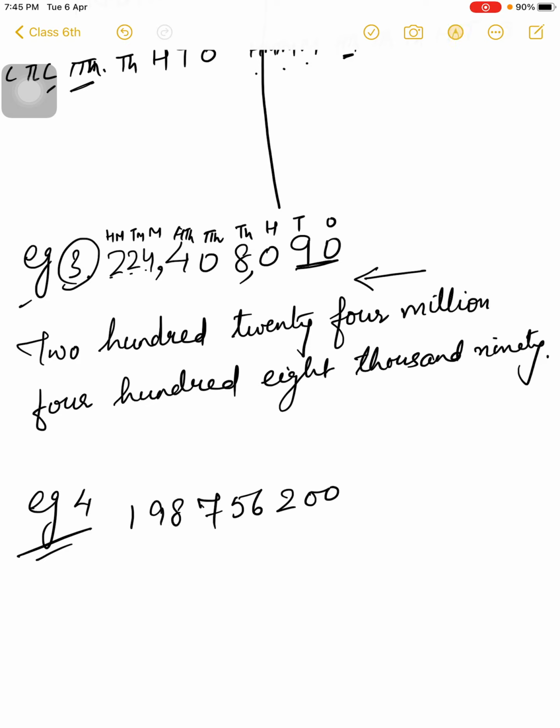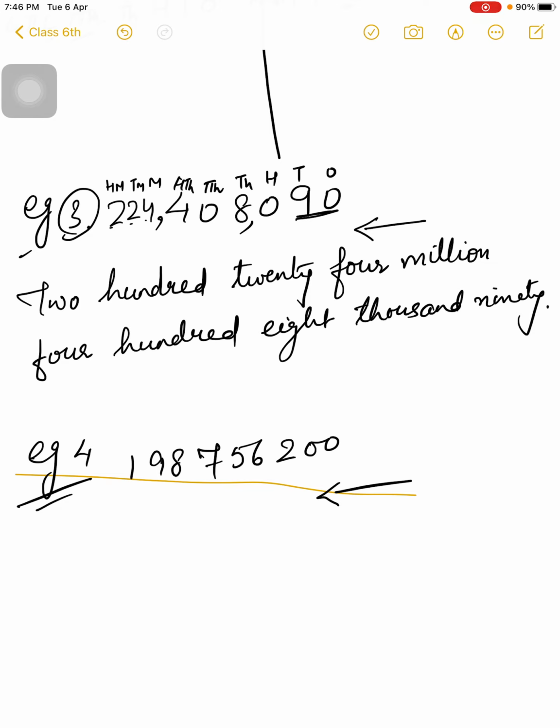Okay, so put the commas first of all, then write the place value. So we are going to write the number name in international system. From right to left you have to place commas after every 3 digits, 1 2 3 here, then here. Write place value according to international system: ones, tens, 100, 1000, 10,000, 100,000, then million, 10 million, 100 million. Okay, the number name for this number is